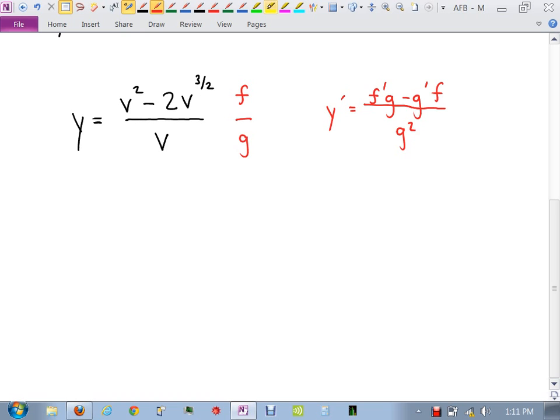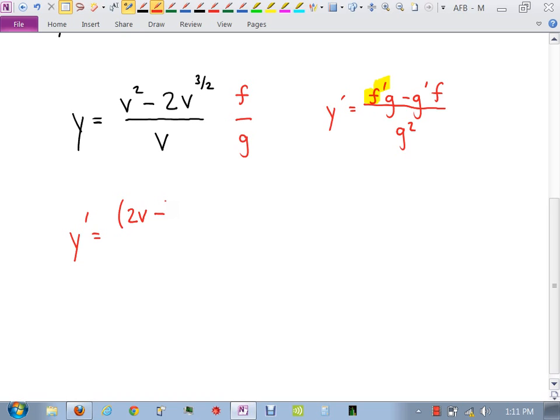All right, what is the derivative of f? That top left corner of our answer. So what's the derivative of the numerator? So what's the derivative of v squared? 2v